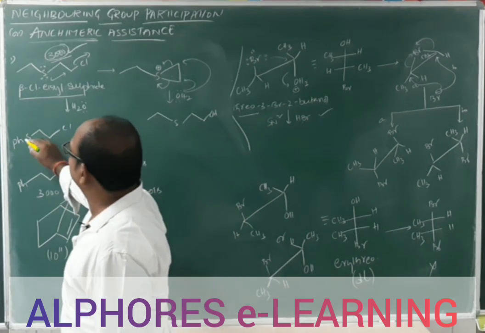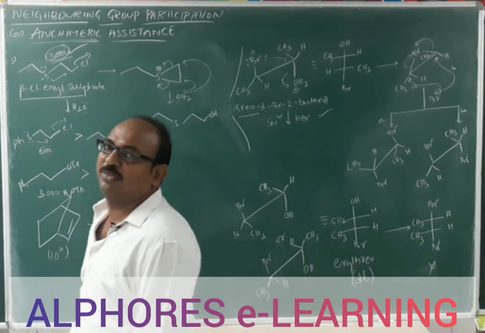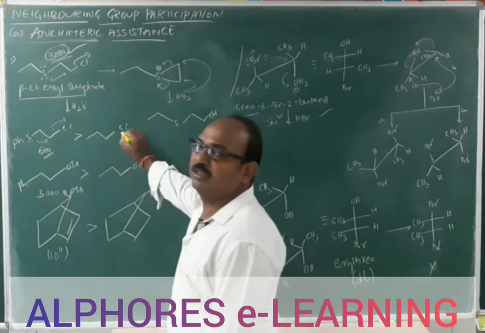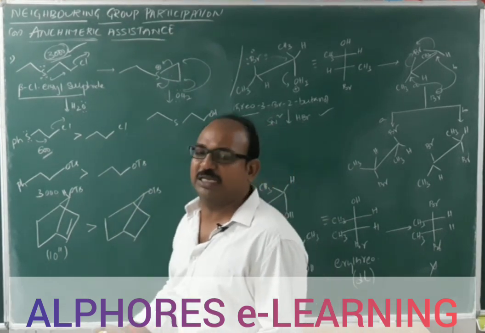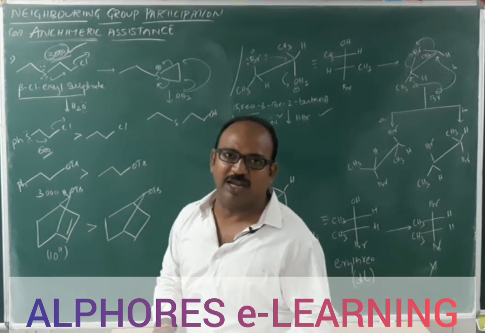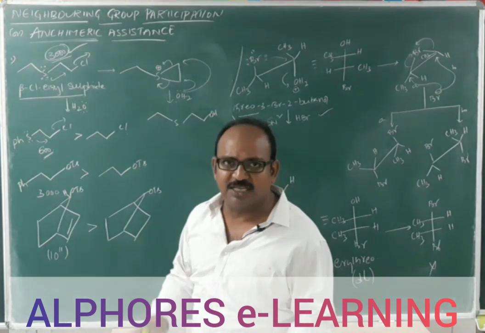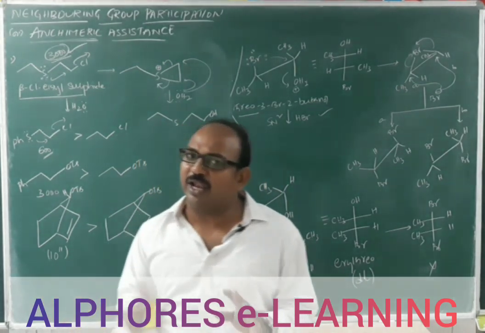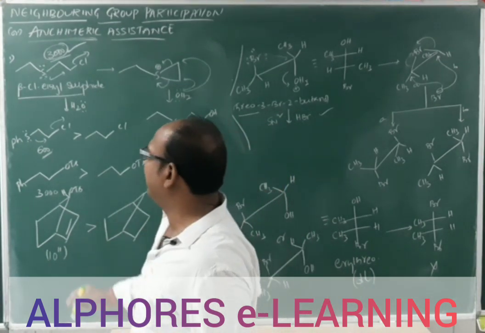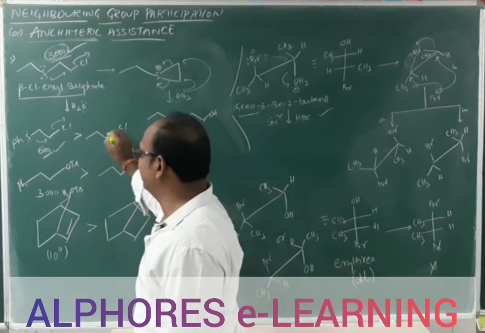Similarly here also, sulfur possesses 2 lone pairs and Cl is the leaving group. Here also, this compound undergoes solvolysis 600 times more than this one. In a normal SN2 reaction, either of these two remains the same, there is no difference. In a normal SN2 reaction, Cl minus is displaced by OH minus, and in such a case you do not get any rate difference. Because of anchimeric assistance, here the rate varies. This one undergoes solvolysis 600 times more than this one.